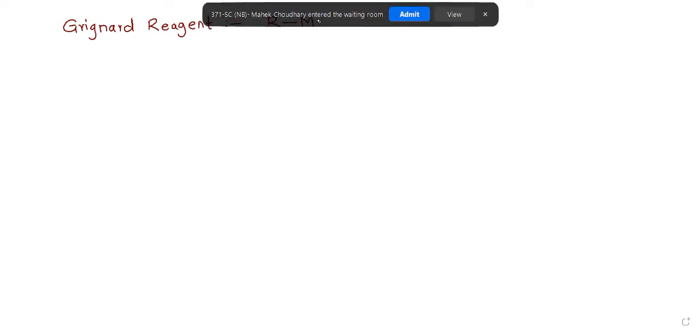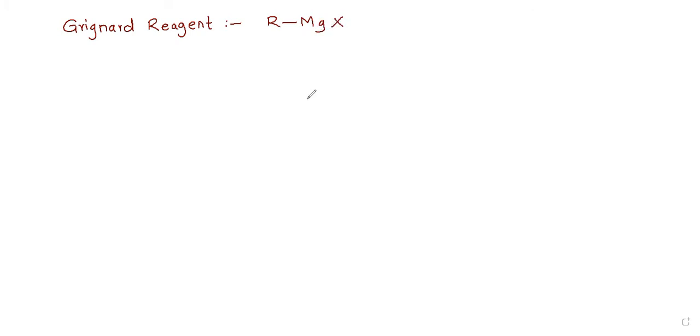We all know what a Grignard reagent is basically. Still, I will revise it once again quickly. A Grignard reagent generally has a structure R, Mg, and X. Here, R indicates either an alkyl group or even an aryl group, that means a benzene ring also. Mg is of course magnesium and X stands for halogen. So the general name becomes alkyl magnesium halide. If it is aromatic, we will call it aryl magnesium halide.